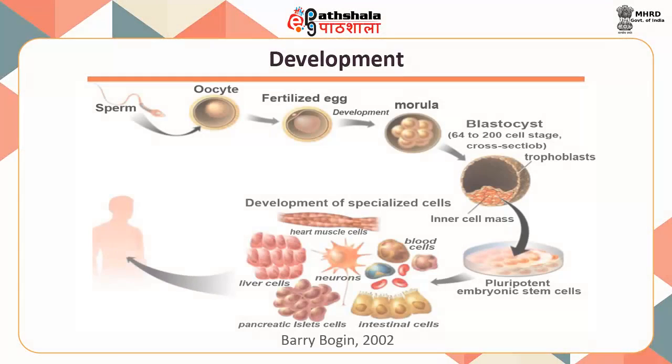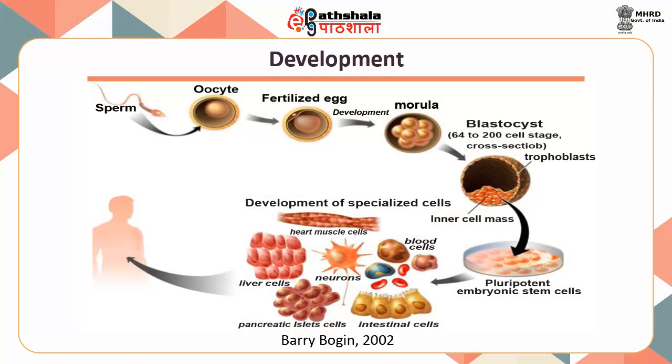As we could see in the figure, fusion of sperm and egg produces a zygote. This zygote undergoes division and eventually forms a blastocyst. This blastocyst has a mass of undifferentiated pluripotent stem cells which have the potential to become different types of specialized cells such as muscle, neuron, blood cell and others. These specialized cells form tissues and organs to carry out specific functions in an individual, which include circulatory, respiratory, neural,